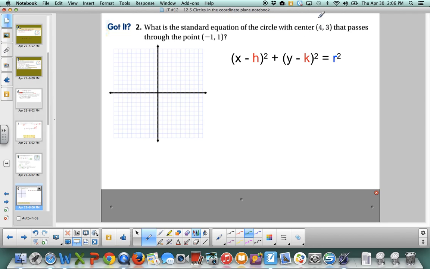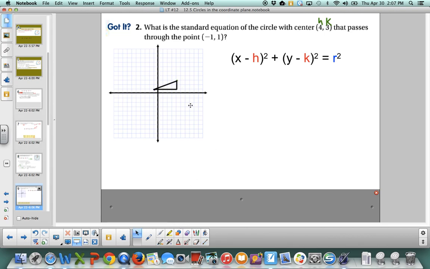We have a center of 4, 3, so that's our h and our k. 4, 3, 1, 2, 3, 4, 1, 2, 3. That's the center of our circle. It goes through point negative 1, 1. So I know it goes through that point. If I connect it with a line, I could make a right triangle and do Pythagorean theorem, which would give me